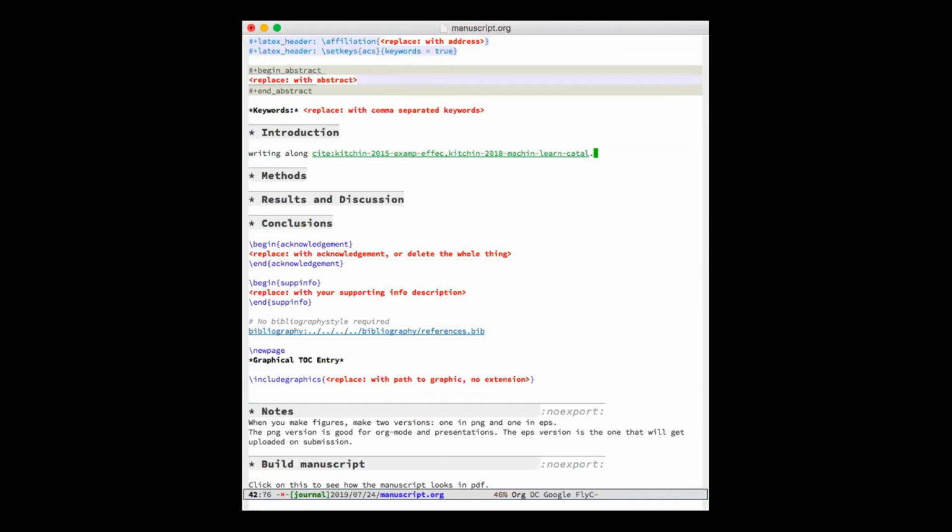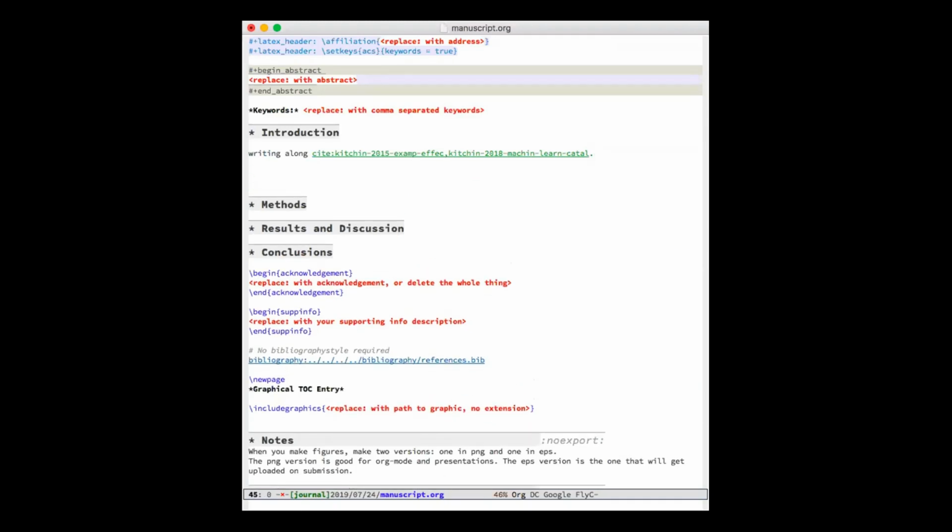So another thing that we often need to do is make references to sections. The way you do that in LaTeX is you put a label somewhere and then you put a ref. And in OrgRef, I can also use a prefix command, Control-U, Control-C bracket, and then I can put in any label I want like this, and it will insert,